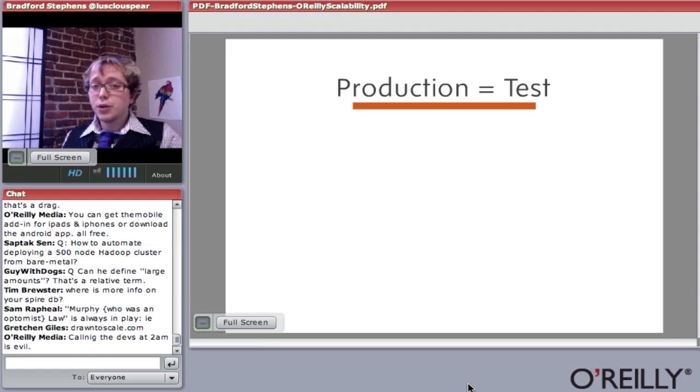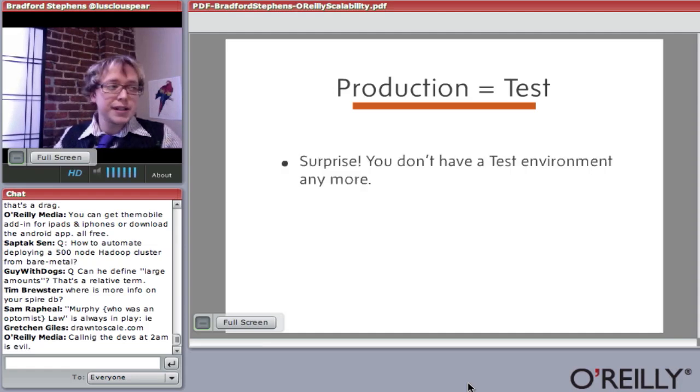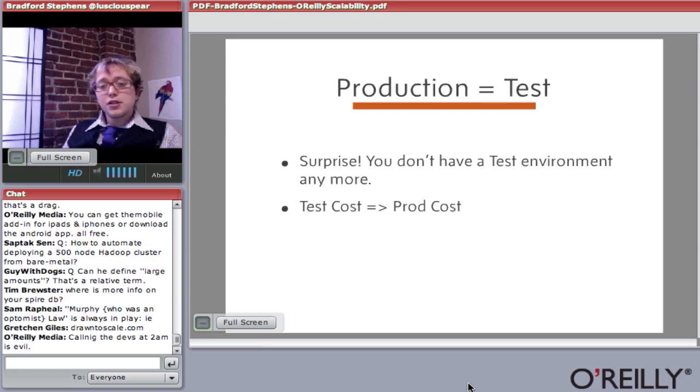Another thing you're going to realize really quickly is that if you have more than 10 or 20 machines in production, you don't really have a test environment anymore. And this is really strange. Things like test and staging don't really mean the same things they do when you're building these big systems. Because to reproduce what you have in production, you're basically going to have to build that exact same environment in test. Down to the switches, the kind of cabling you use, the hardware cards.